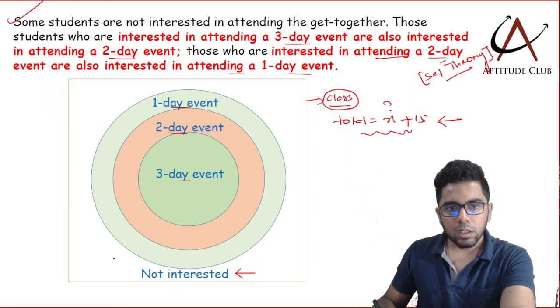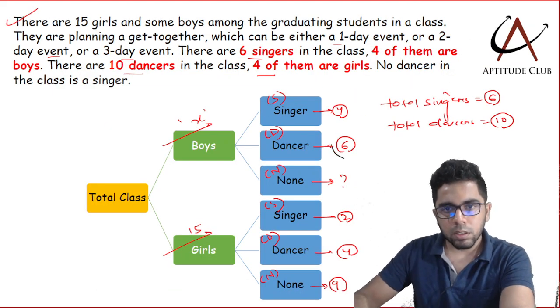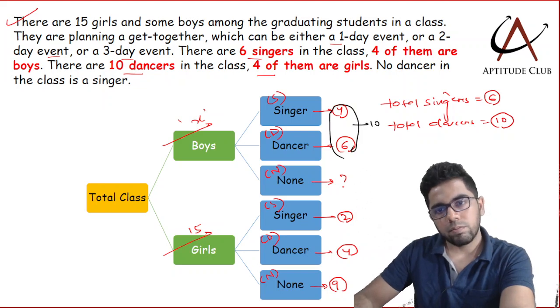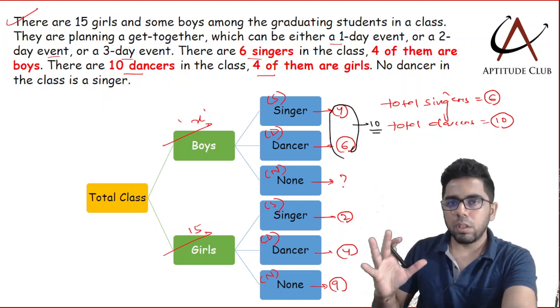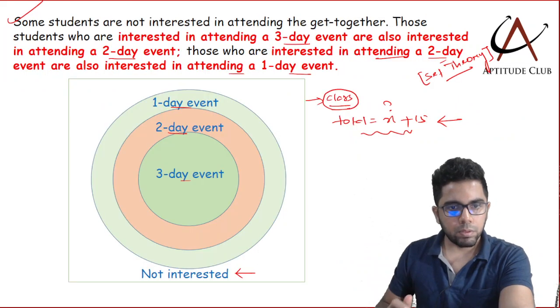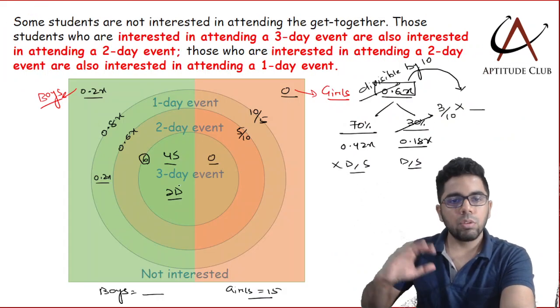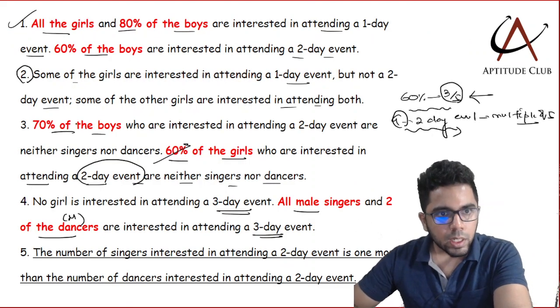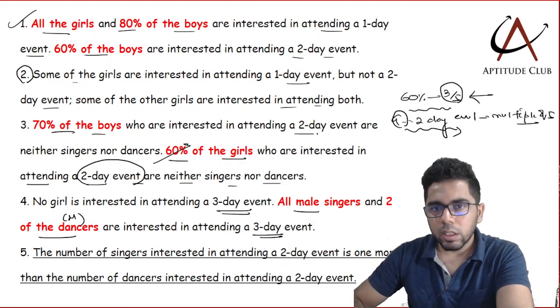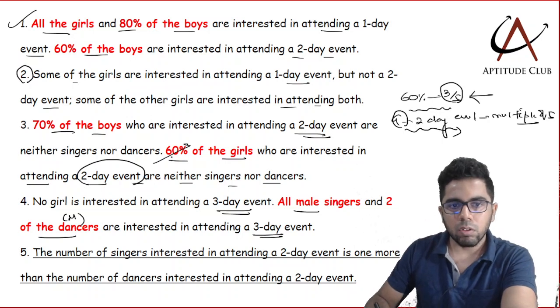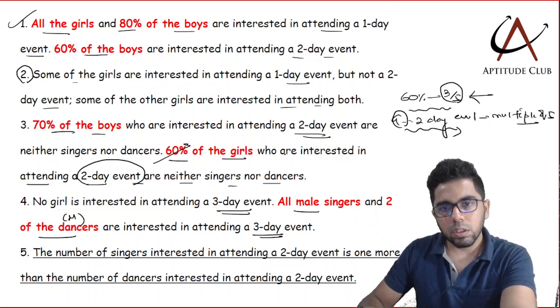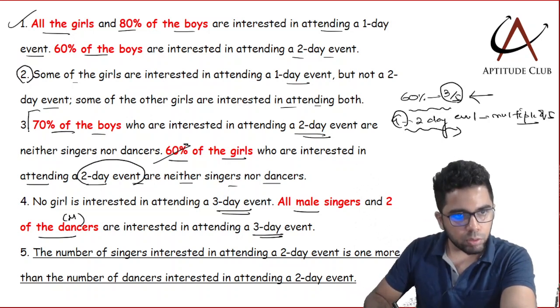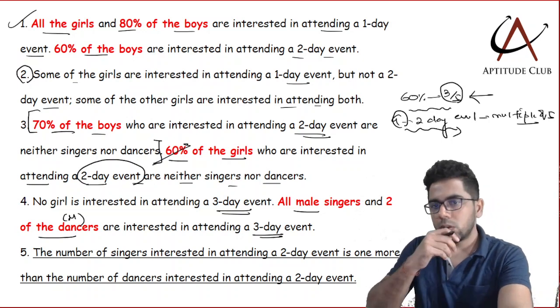Now if I look at male dancers and singers, in total I have 10. Now 4 people, here 4 to 6 people are going to 3-day events, and I know this information: that 70% of the boys who are interested in attending a 2-day event are neither singers nor dancers. 60% of the girls. So if I use this part, 70% of the boys,